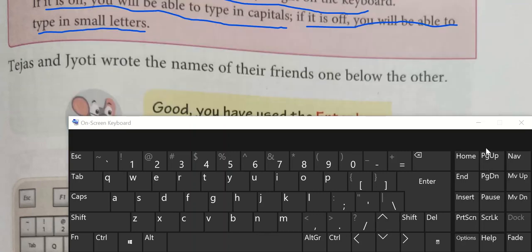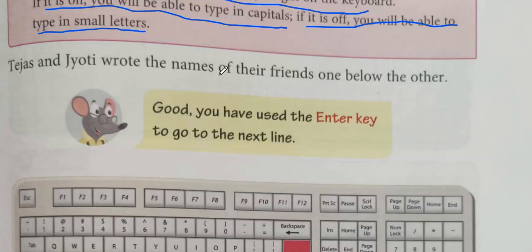Next is, if I want to write the names of the friends one below the other, then for that we will use the enter key. Enter key is used to go to the next line. Please underline this line, that the function of the enter key is to go to the next line.